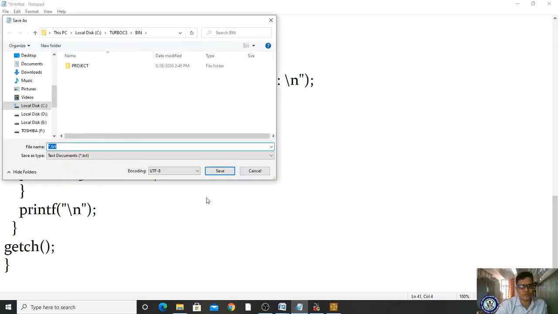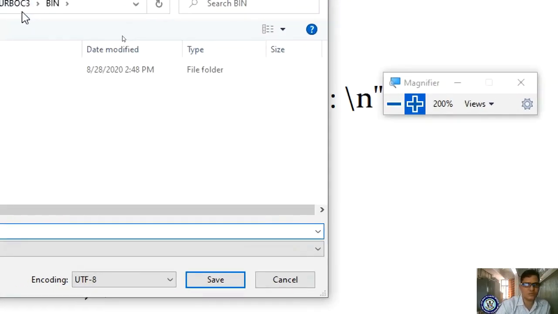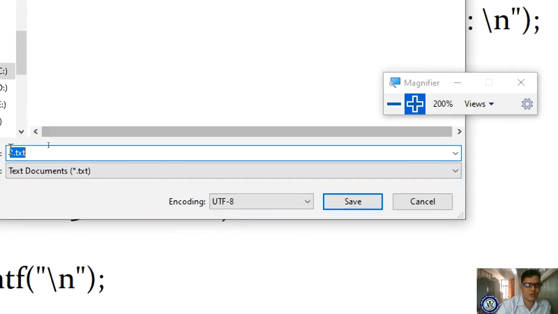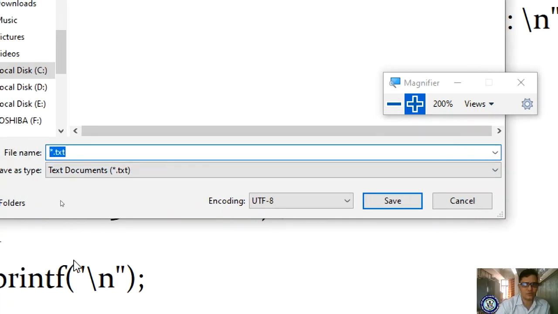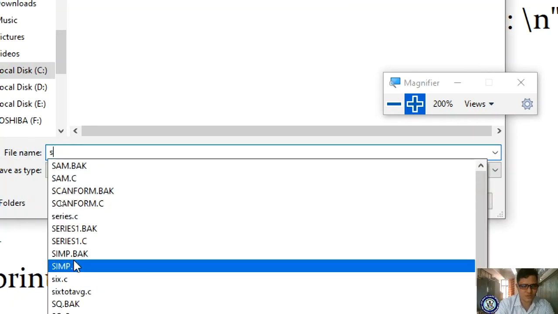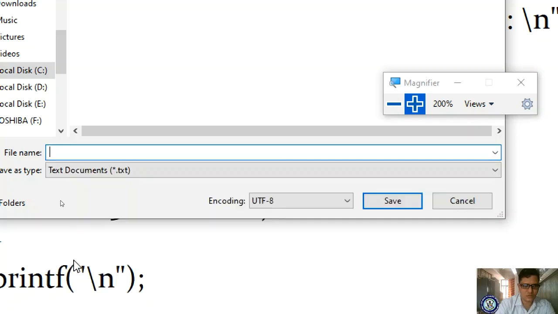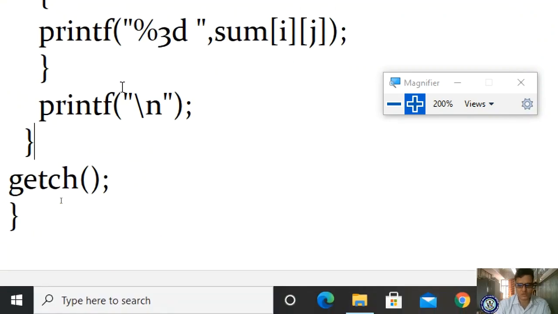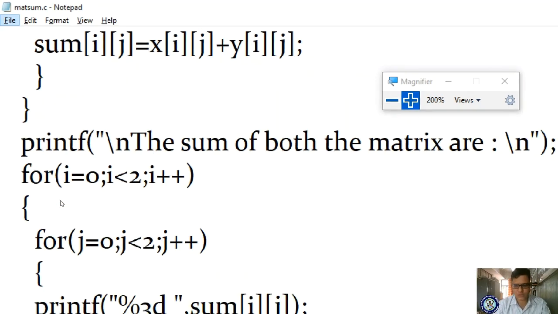I'll save, and I'm ensuring that I'm saving in the correct path. So I'm storing in Turbo C3 bin, either Turbo C3 or Turbo C4. I'm naming it matsum.c. Okay, let me check.